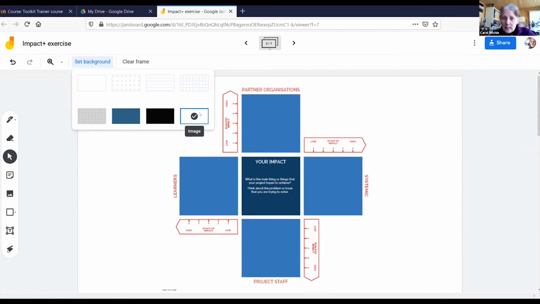So what I did here was I copied the image of the impact exercise, saved it as an image, as a PNG image, and then I imported that image into the Jamboard as a backdrop. So once that image is there, there's nothing more I can do with it. It's just stuck there in the background. But what you then can do is